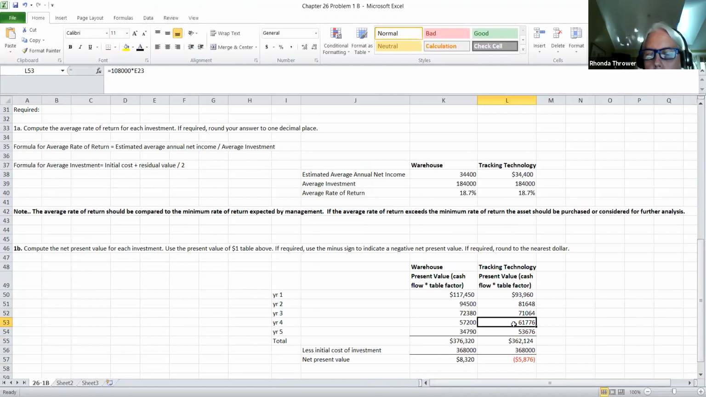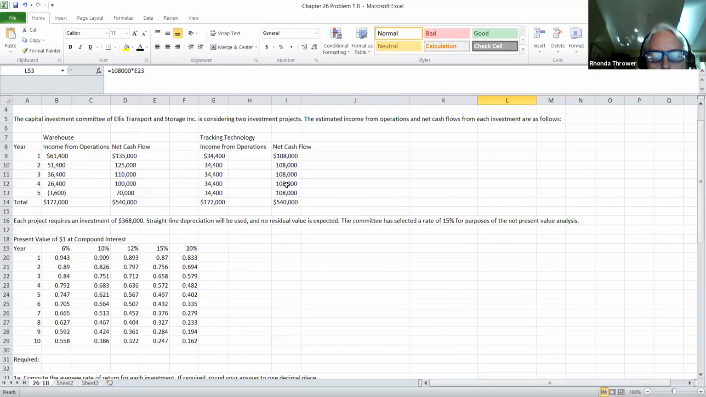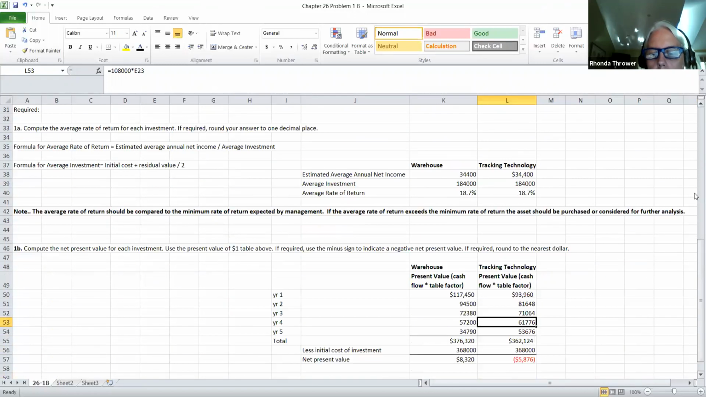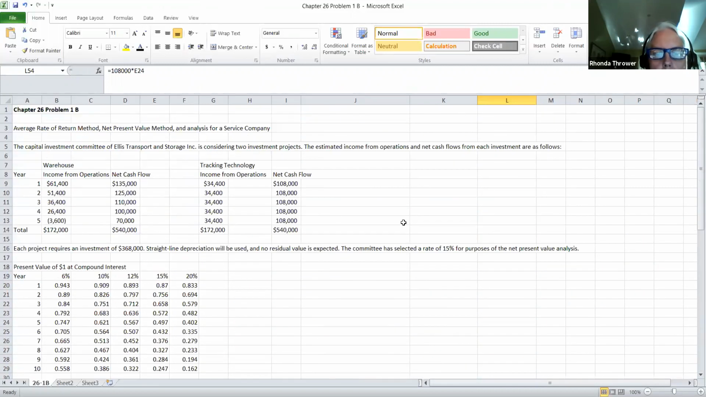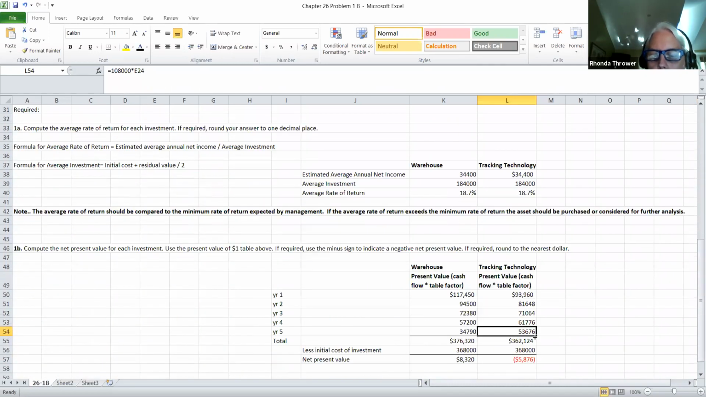And that's going to give you 71,064. For year four, we're going to take the cash flow at year four, which was 108,000. We're going to multiply it by the table value amount for year four, which is 0.572. And that will give you 61,776. For year five, we're going to take 108,000, which was your cash flow for year five. We're going to multiply that by 0.497, because we're in the fifth year here, and the present value will be